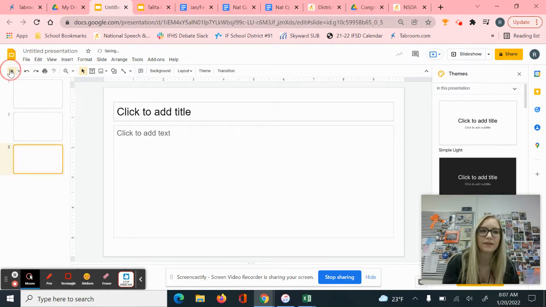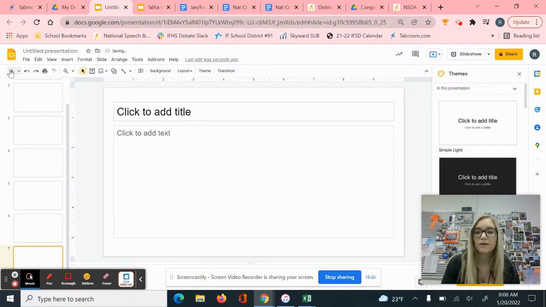Just add the slide button. 4, 5, 6, 7. Okay, and we're going to use what are called blank slides. So blank slides show up black on the screen, so it looks like the screen isn't turned on when you're not talking about your specific image. That way, the audience's full attention is on you, and then as soon as you have a visual you want them to pay attention to, it shows up, they look at it,